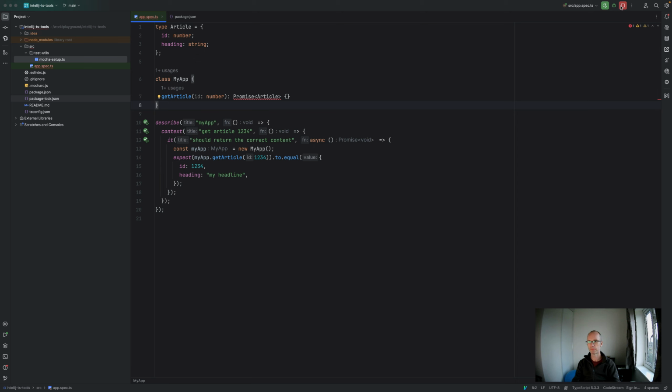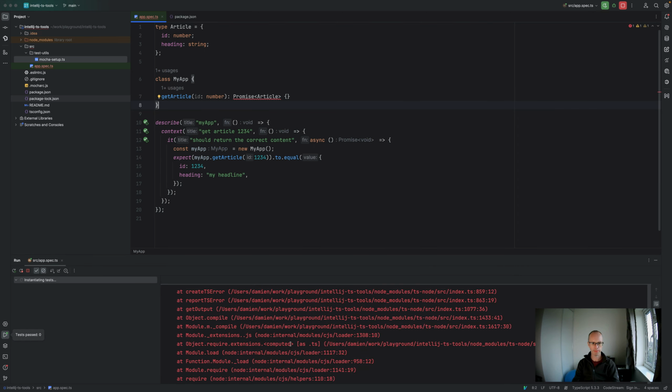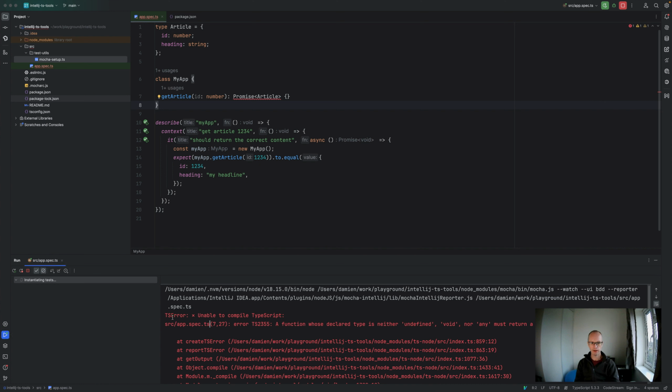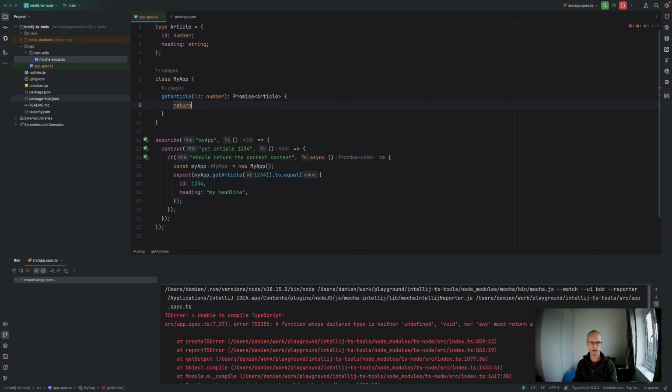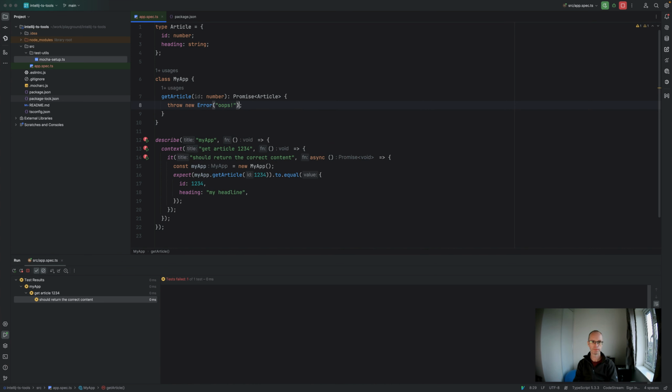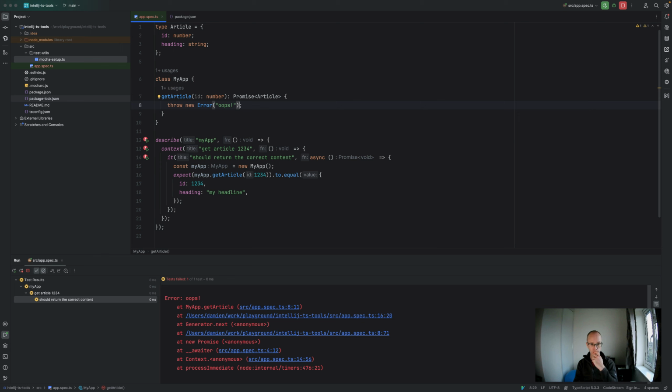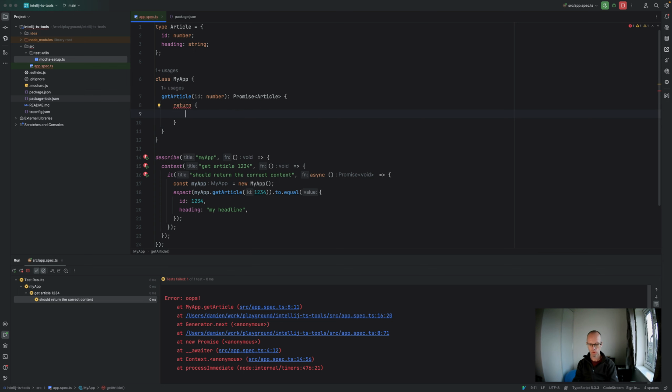If I rerun that, what's it complaining about now? Complaining: a function whose declared type is neither undefined, void, nor any must return a value. Okay, so we need to return something. So let's return. In fact, let's just throw an error. Throw new error. Okay. So we're expecting the correct content. We actually get an error. So let's remove that, and let's return